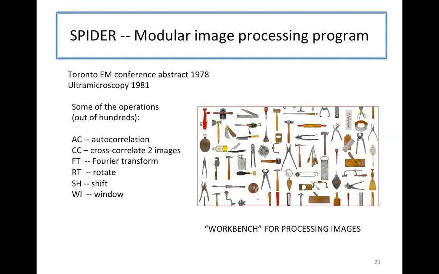We need a whole set of what I would call primitive programs and connect them together so that we have a workbench with which we can construct solutions to essentially any problem that we face. So these primitive programs are, you know, how to do autocorrelation, how to do cross-correlation, Fourier transform, rotation, shift, and so forth. So I had an entire collection of 400 of these primitives, and I had a way of stringing them together